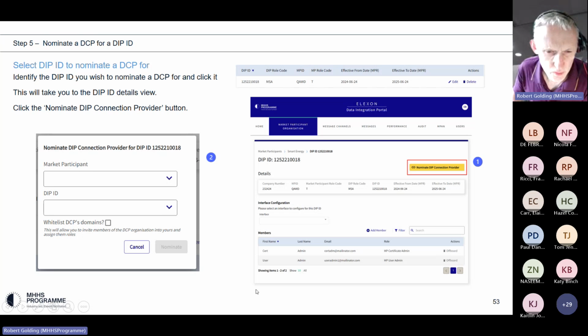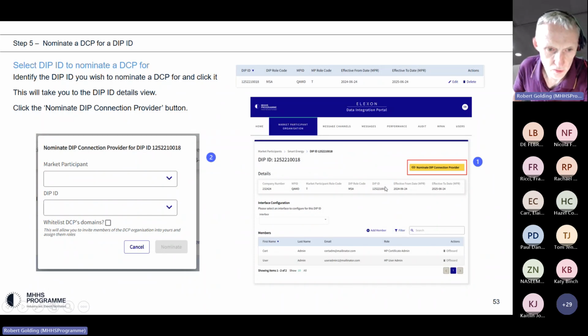But I think you still have to give them explicit access. No, I'm sorry, I was slightly wrong there. You still need to give them explicit access to this DIP ID by adding their individuals as members as well. Sorry, I got that slightly wrong, because it was the other way in a previous release, but we've changed it now. So you do have to explicitly give a DCP